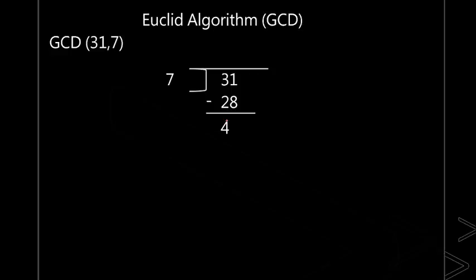Look at this. When your remainder is not 0, what you have to do is bring this 7 for the next division. Some will also call this the long division method. Take this 7 and bring it as the next dividend. So now 4, the remainder, becomes the divisor and 7 becomes the dividend. Now when you divide 7 by 4, 4 ones are 4, the remainder is 3. Even now, the remainder is not equal to 0.